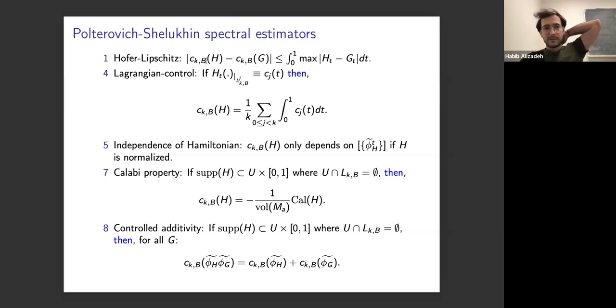Okay, so they are Hofer-Lipschitz. So the difference of these spectral estimators for two Hamiltonians H and G is bounded above by the Hofer norm. Here I defined the Hofer norm as the integral of max minus mean, but this Hofer norm is basically equivalent to the Hofer norm that I defined. It's bounded below by half of that Hofer norm, and bounded above by twice of that. Okay,